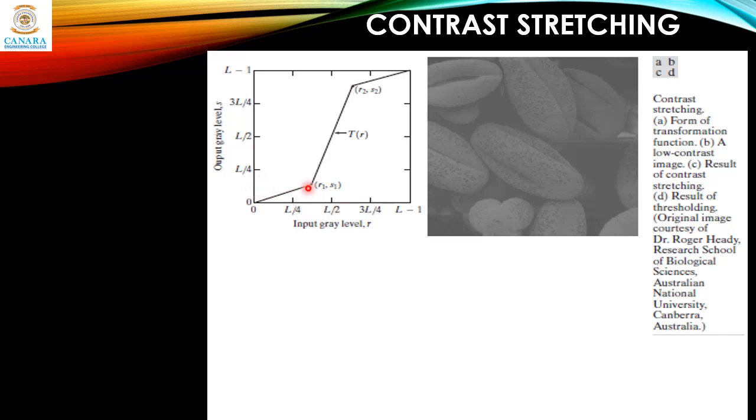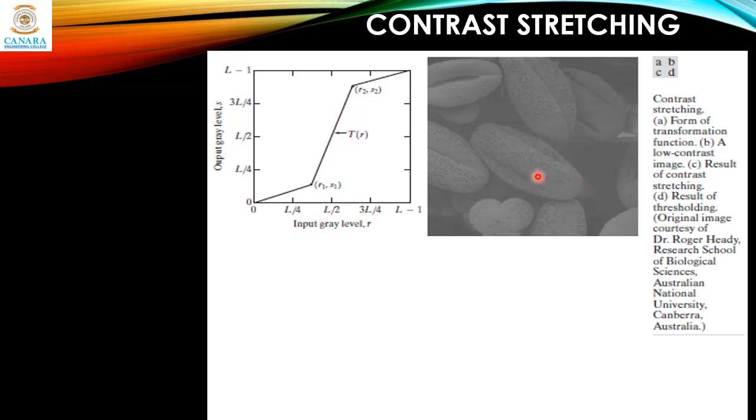The range is compressed for darker pixels, and for intensities more than L by 2 till the maximum level, we have already reached the peak value. Again, brighter pixels are made more bright, and we have a straight line in between with more slope.